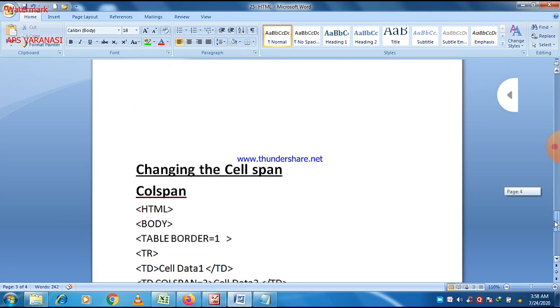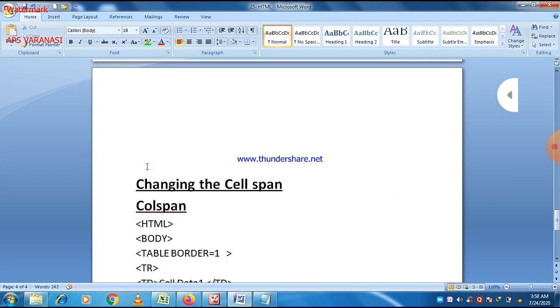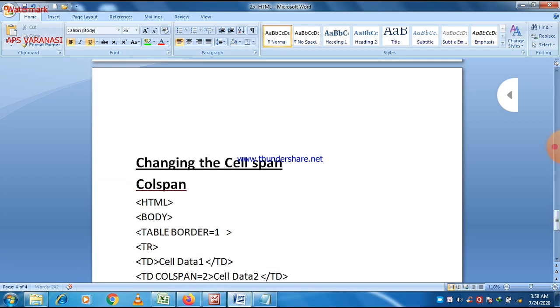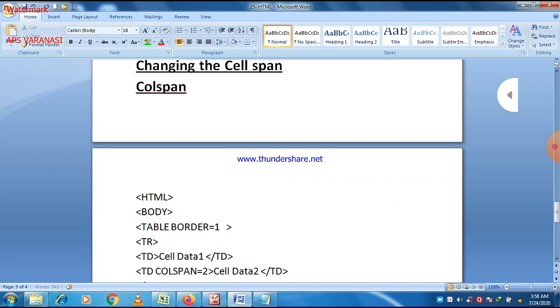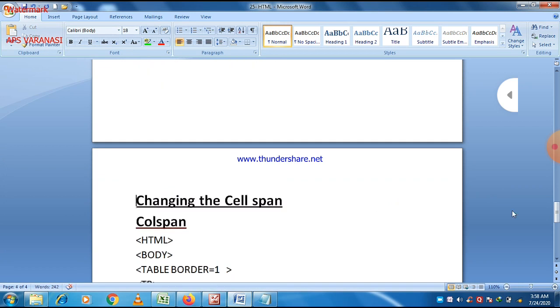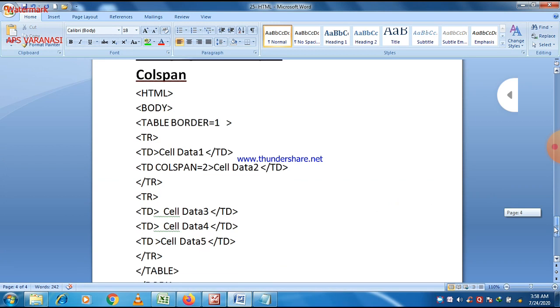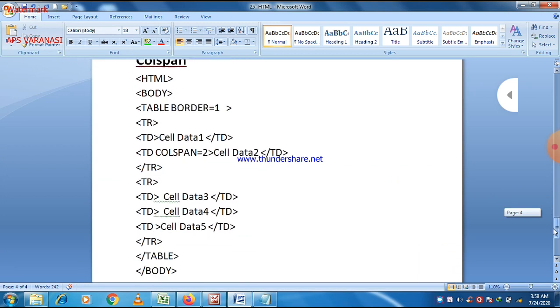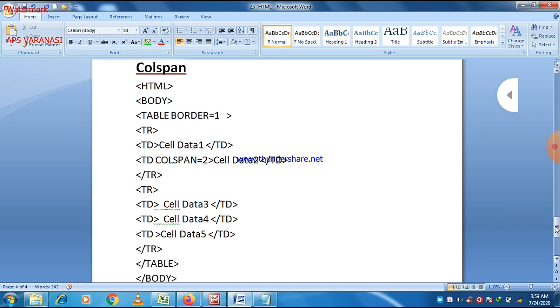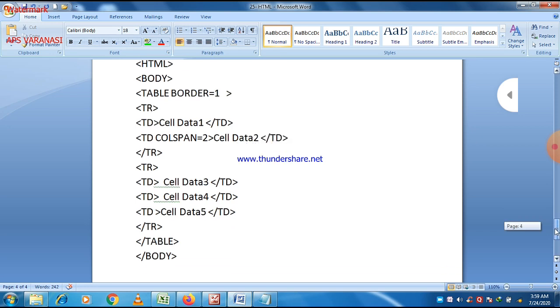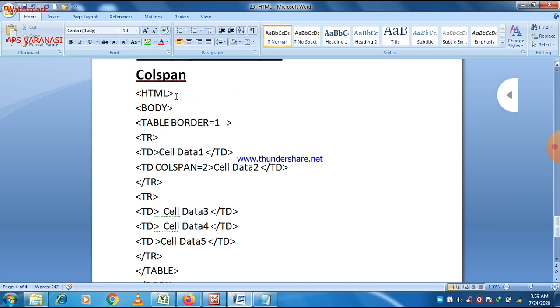Now let us take another program regarding colspan. You can see that we just use colspan in place of rowspan. So basically it spans two columns, a span of columns in place of rows. So this is the program here.